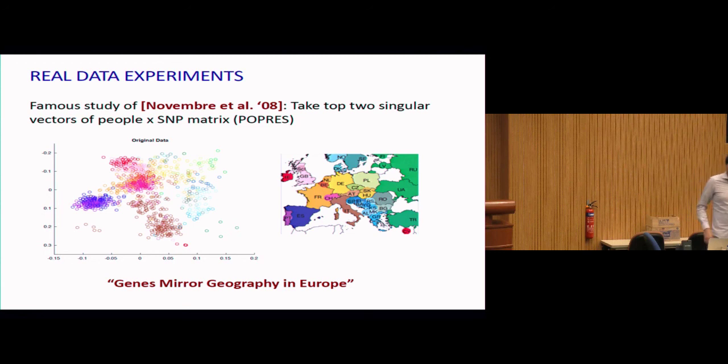But one thing I should mention was that they had to make sure that all of the individuals included in this study were very carefully pruned. In fact, they only included individuals which had a very well-defined notion of their geographic location. So they were only people for whom all 4 grandparents were from villages within 50 kilometers of each other. They had to remove all immigrants or people who'd been transposed from one part of the population to another in order to get this kind of nice map.